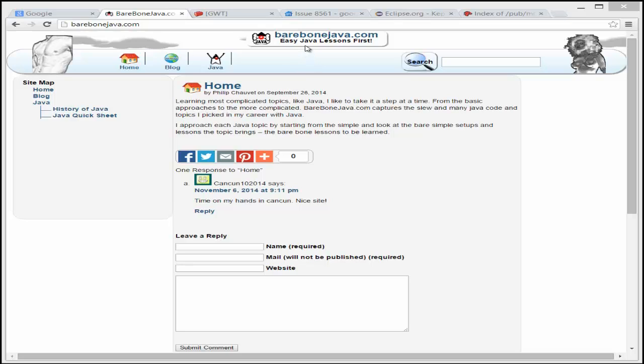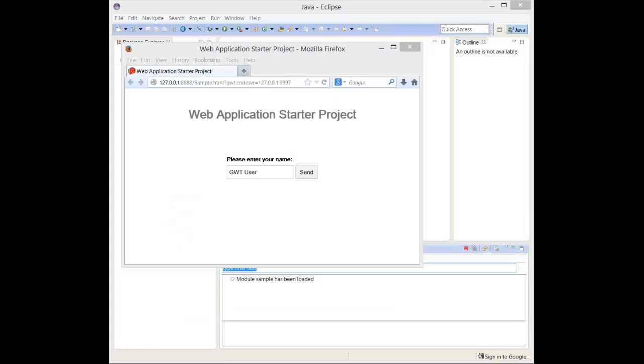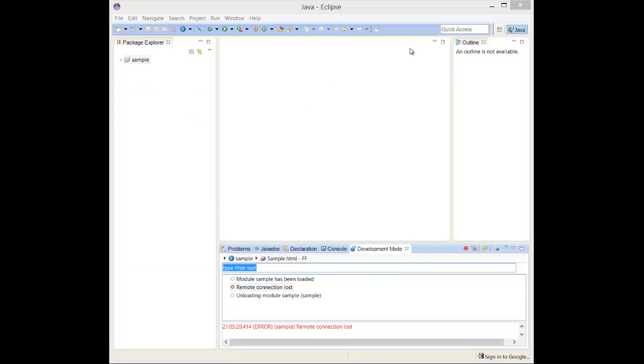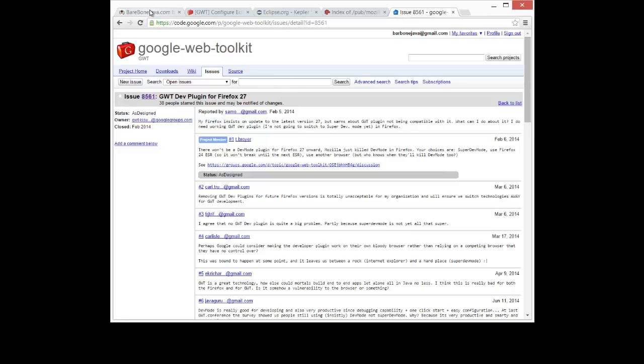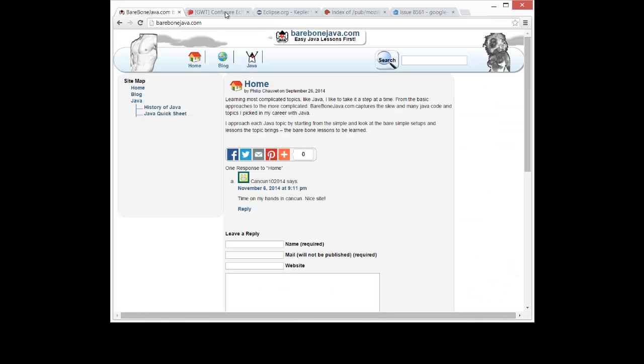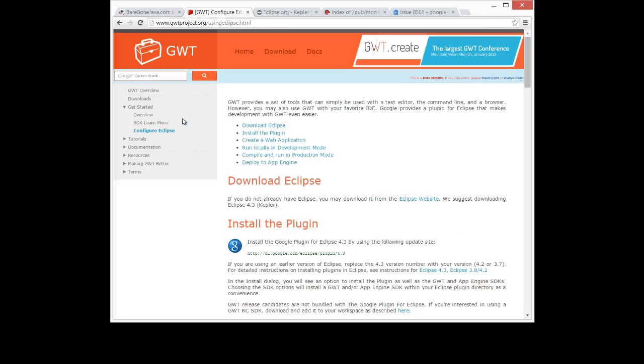Barebonejava.com GWT tutorial series. This tutorial covers the final stretch of our GWT setup and configurations. What have we successfully accomplished in setting up GWT? I'm going to close out the Firefox window and go into our browser. So at barebonejava.com, I've shown you the steps of setting up the GWT project